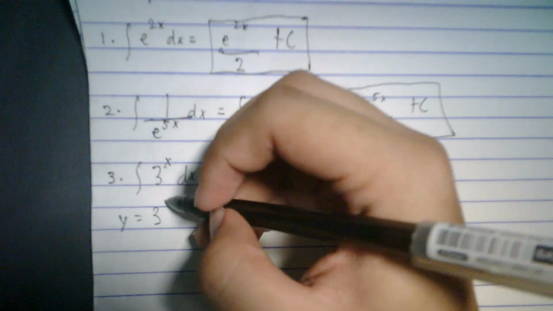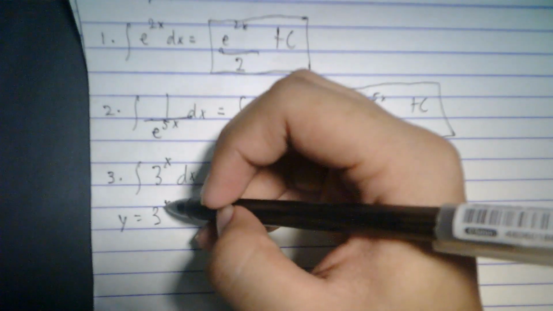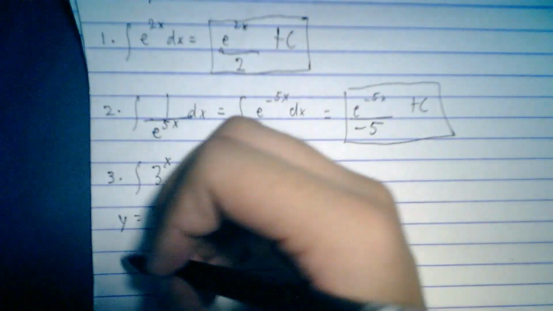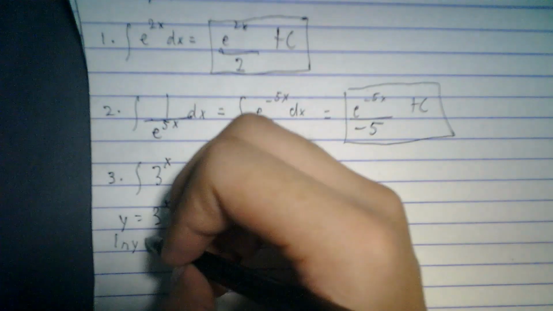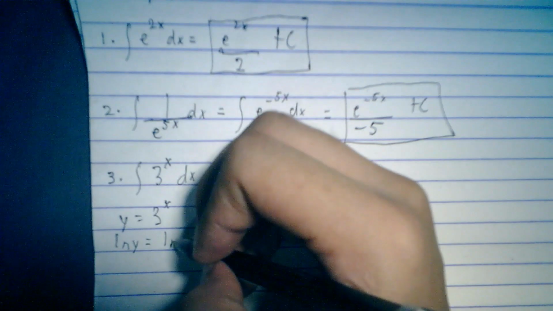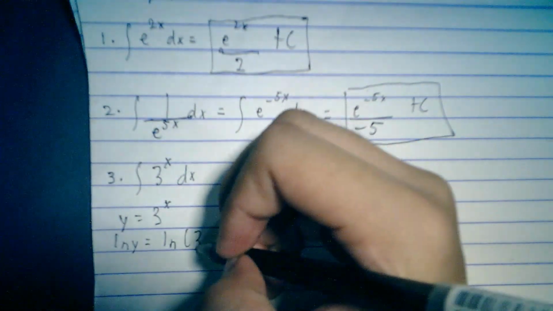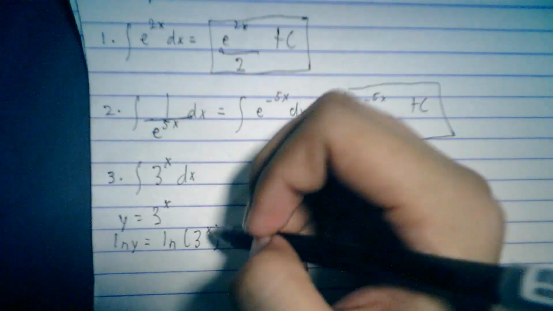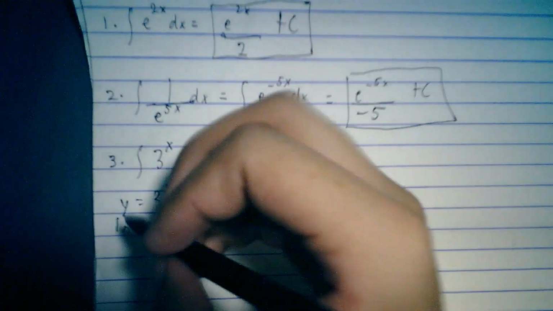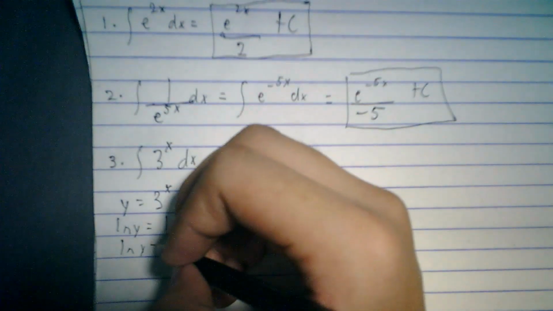So y equals 3 raised to x, equals ln of y, ln of 3 raised to x. So by doing this, ln of y equals x